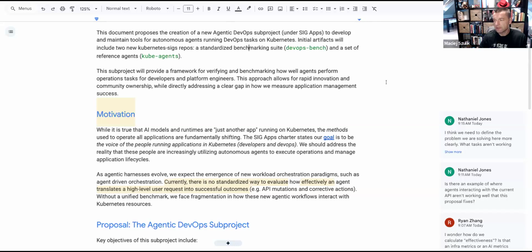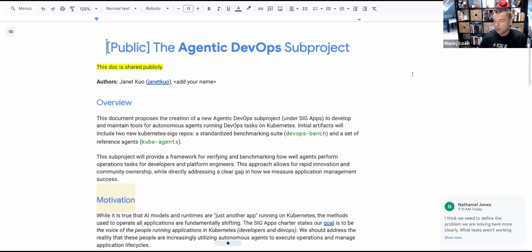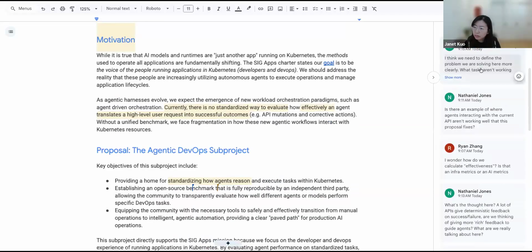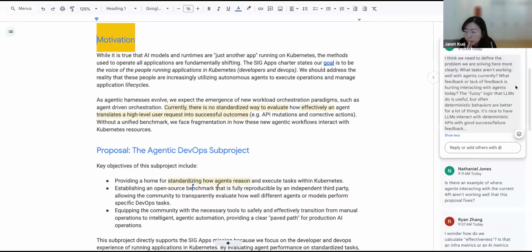I don't know if you want to address them in this call, or are you planning to handle that afterwards? Yeah, we can discuss that in the call.